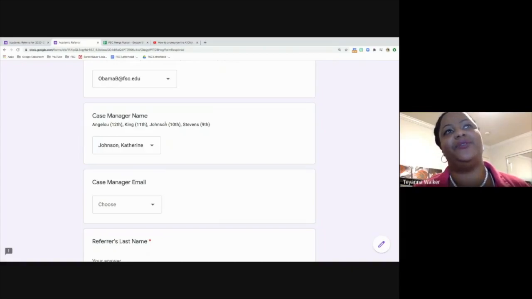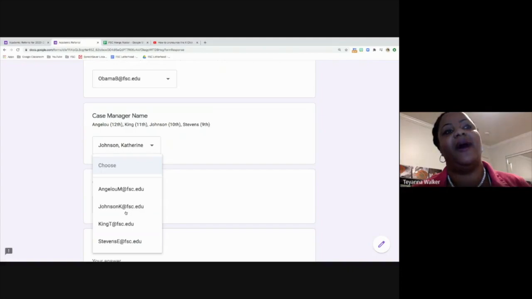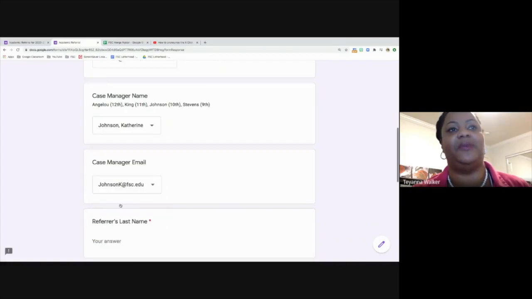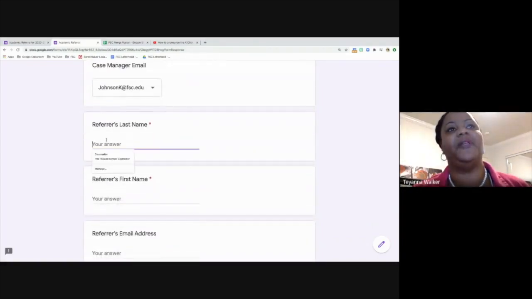What I do in my real life practice is I actually have a link to the document that has all the students listed, and then next to their name is their case manager and the email. So you can have that there instead of here. And then the person can select the case manager's email, and then just fill out the